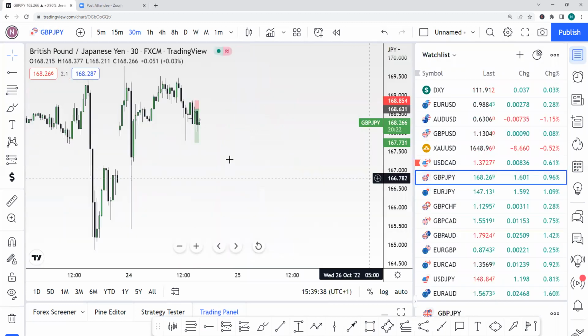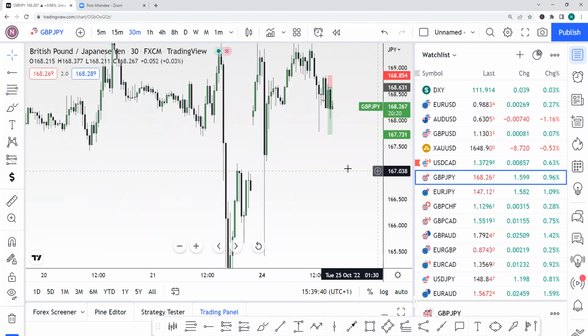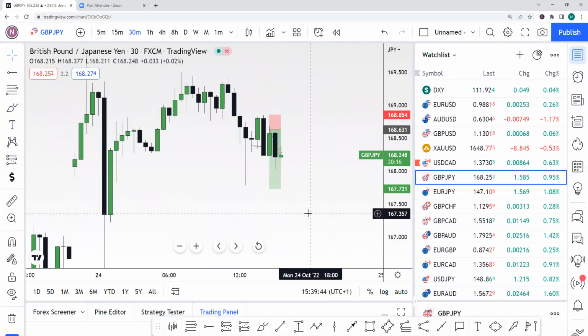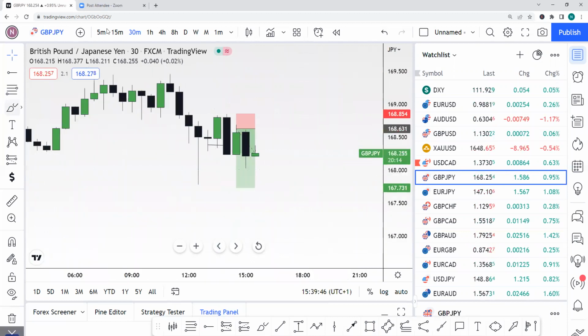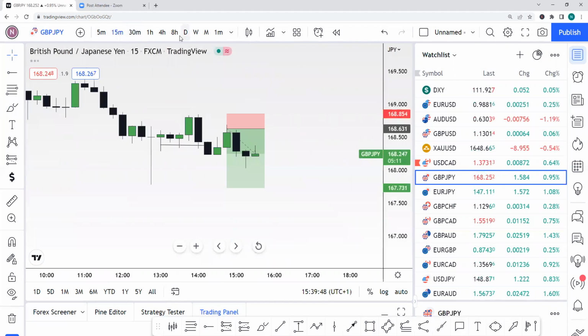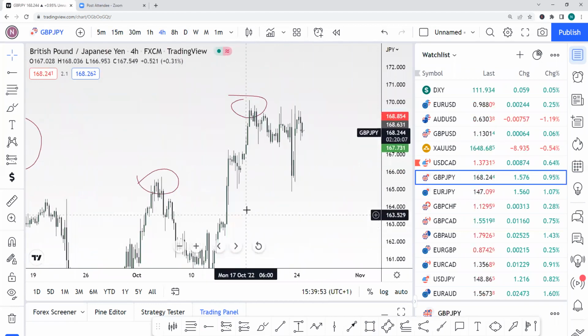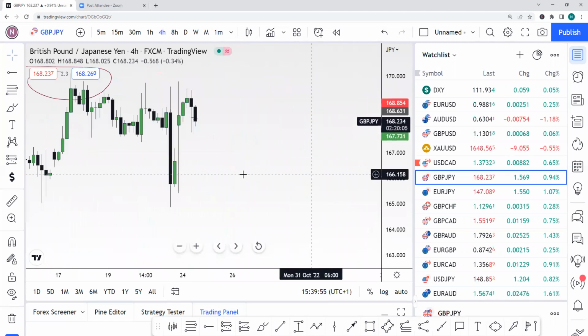All right, so GBP JPY. I went into this trade, it took me out at break even. Break even. Let's analyze it in the 4 hours time frame. 4 hours time frame. Okay,